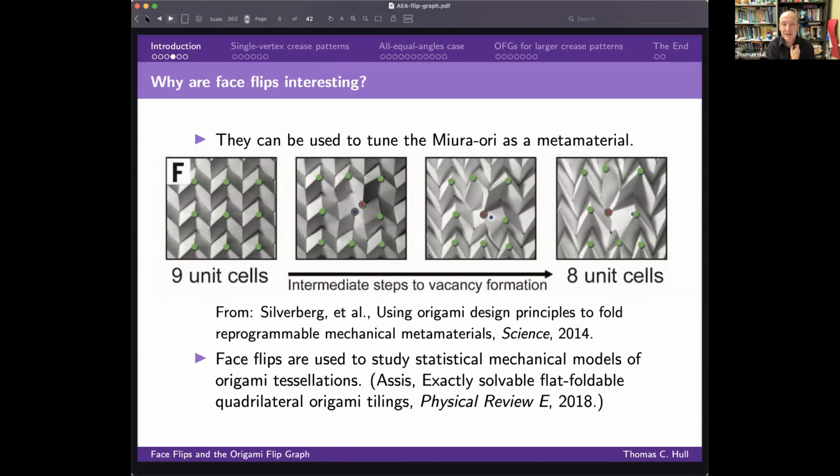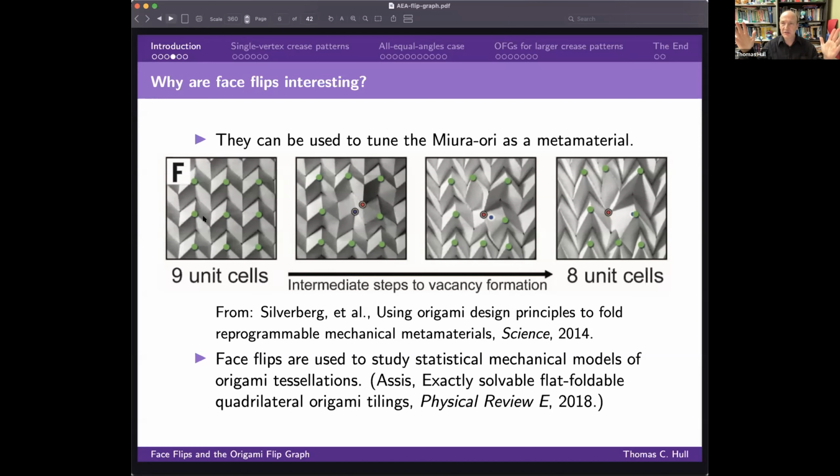This is where I first got the idea, was talking to physicists. In particular, I collaborated on a paper with Jesse Silverberg and some other people. This is in 2014, where we looked at the Miura-Ori crease pattern. And the physicists were interested in introducing defects into the mountain valley assignment of the Miura-Ori as a way to